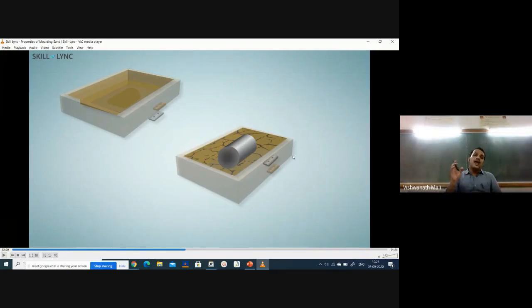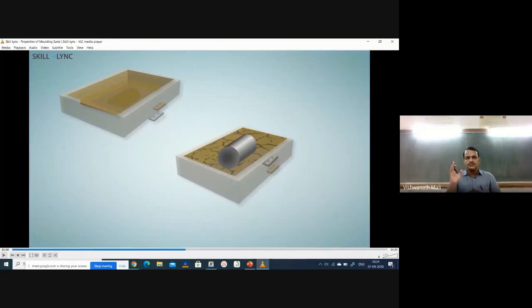Here what happens? The actual molten metal, if suppose it is cast iron, may be at nearly 1000 degrees Celsius. That 1000 degrees Celsius temperature will come in contact with this molding sand. But in baking, we may bake only up to 80 or 100 degrees Celsius. We use only that much temperature for baking. But in this, the temperature is around 1000 degrees Celsius, or more depending on the materials we use. In baking, the sand does not crack because we are using only 80 to 100 degrees Celsius.